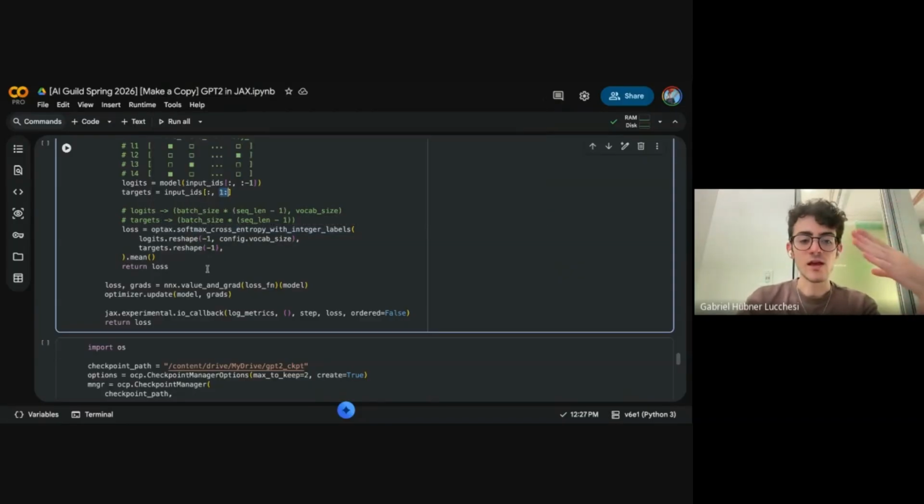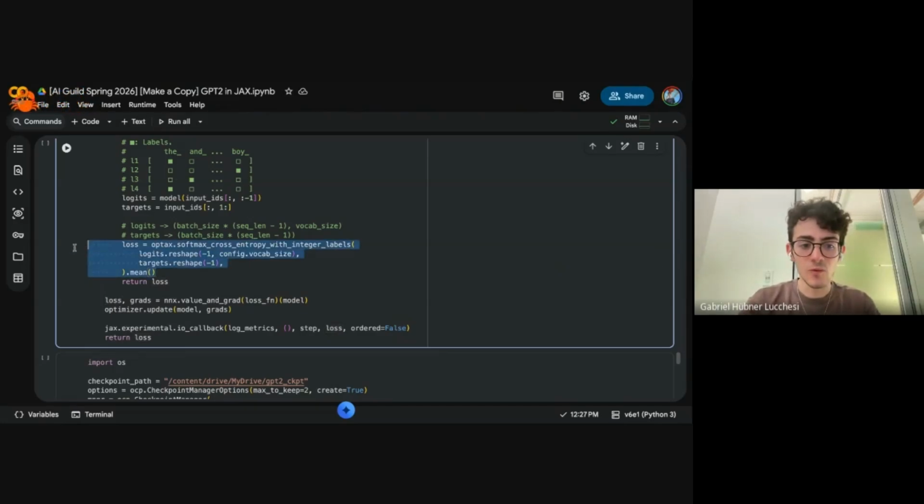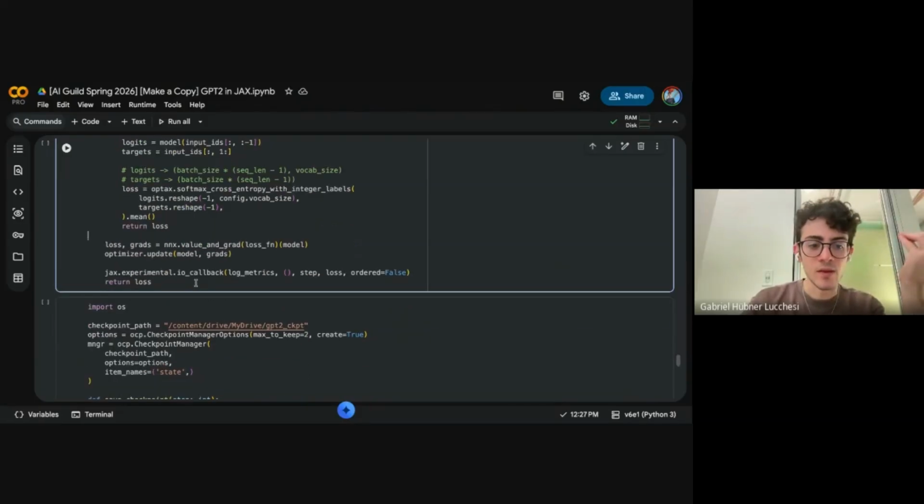It's saying we want our logits distribution to be as close as possible to the target distribution, which is a one-hot encoding like 0, 0, 0, 1, 0, 0, 0, 0, with the one being the position of the target token in the vocab. We just take the mean of that across the batch, and that's our cross entropy.